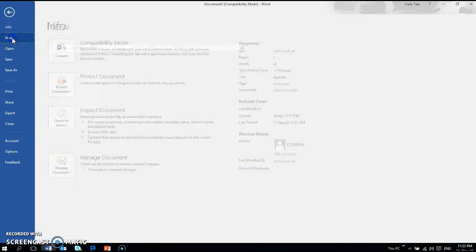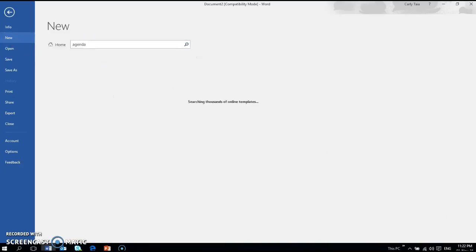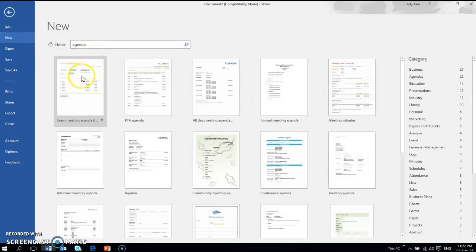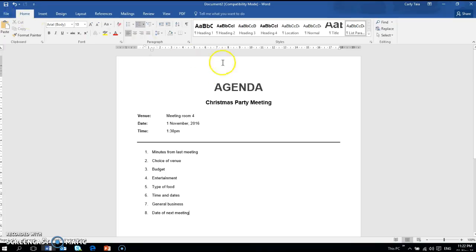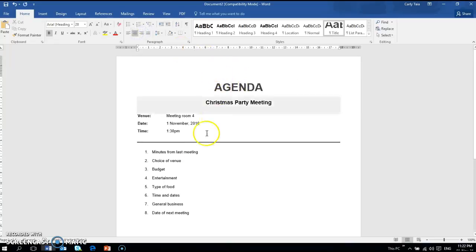So again, if you click on new or you open it straight from Microsoft Word, just like Memo, if you type it up, you have all these different types of agendas that you can choose to do, and some of them have way more information that they prefer, or you can just go to this one. So I created this one myself. You can justify it, right align it, center it, and these are the basics